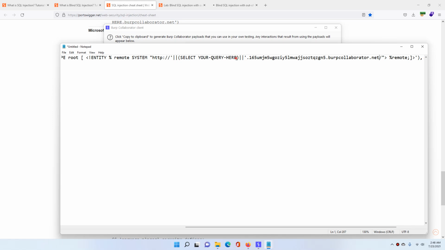And now in the select query, select username, password, from users.